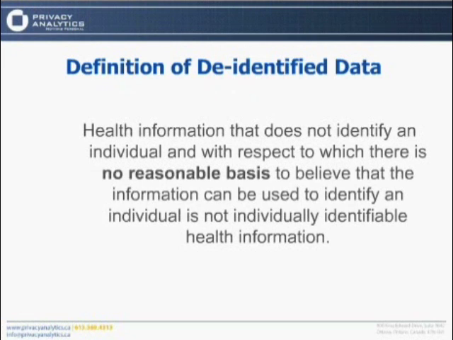So in HIPAA, the definition of de-identified data is on the screen. It's health information that does not identify an individual and with respect to which there is no reasonable basis to believe that the information can be used to identify an individual; that is considered not individually identifiable. I've highlighted no reasonable basis because that's very important. It's a reasonableness standard. There's no expectation of absolute guarantees. A case has to be made that there's no reasonable basis that an individual can be identified, and that's all that's required in order to meet